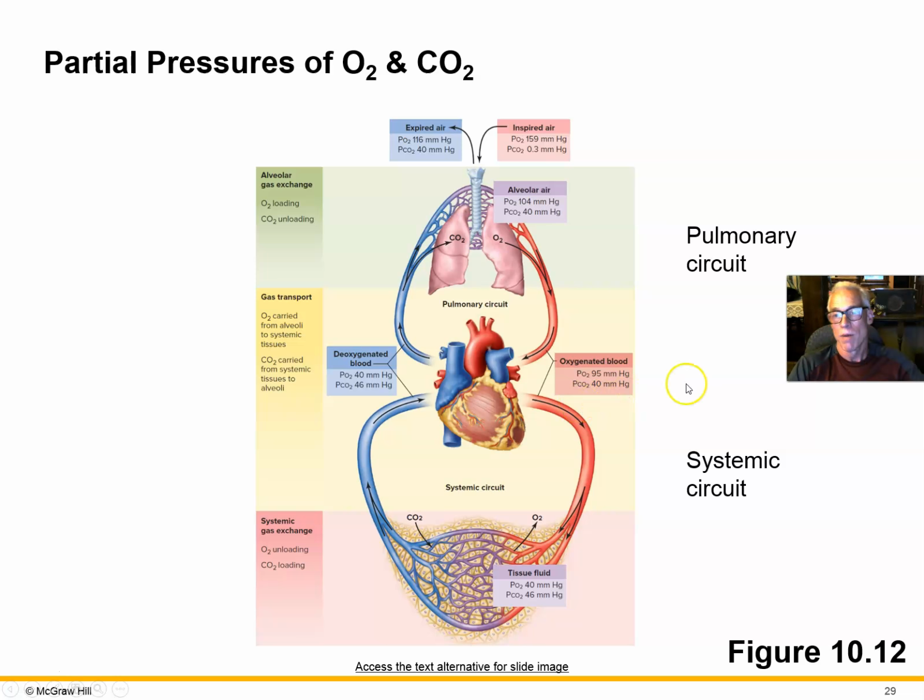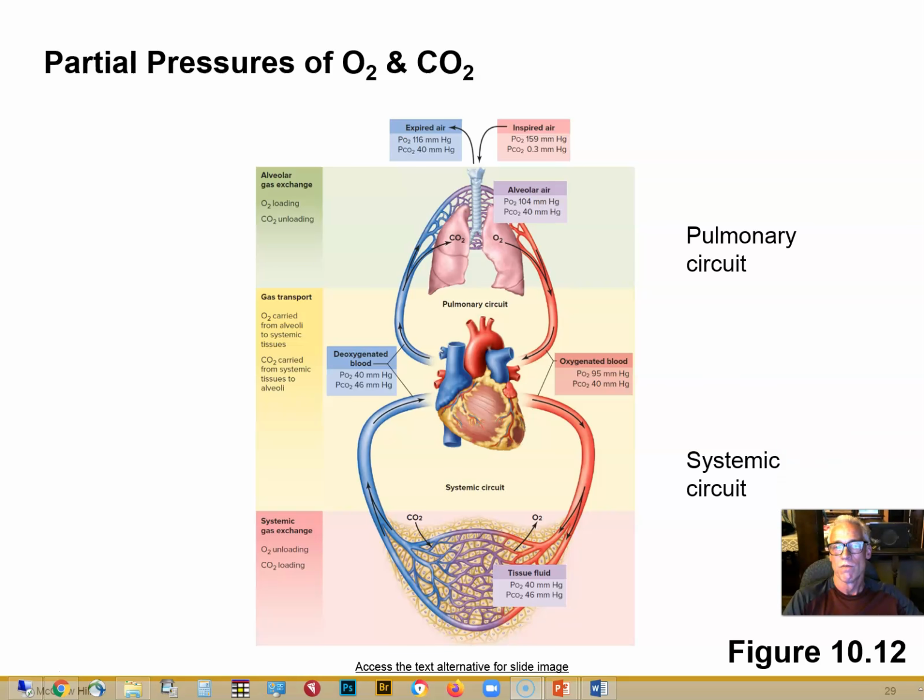So let's take a look at the partial pressure of gases in different parts of the system, the alveoli and the blood in different regions. Well, it seems like a lot of boxes at first, but you'll see that a lot of these boxes are identical to each other, and so there's nothing new to discover there. So here, this pink box up here is looking at the partial pressure of oxygen and CO2 in the air we inspire. Then we are going to bring that air down into the alveoli, and let's see what the partial pressures are